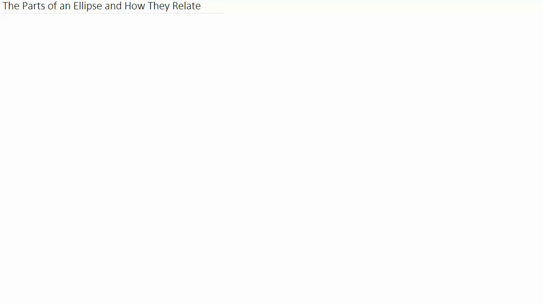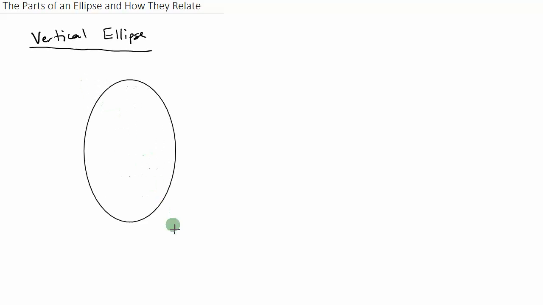Let's take a look at the parts of an ellipse and how they relate to one another. We will start first with a vertical ellipse to construct these ideas, and then we will work in reverse to do the horizontal ellipse, so you'll get a different perspective in each case. So a vertical ellipse looks something like this,